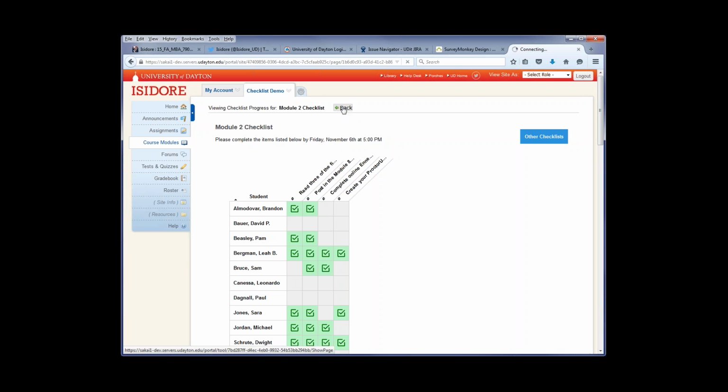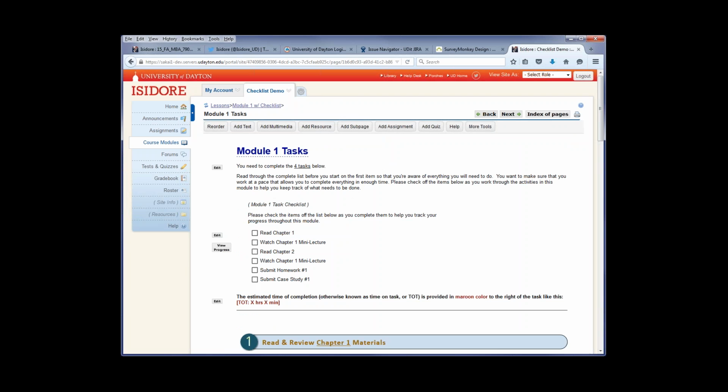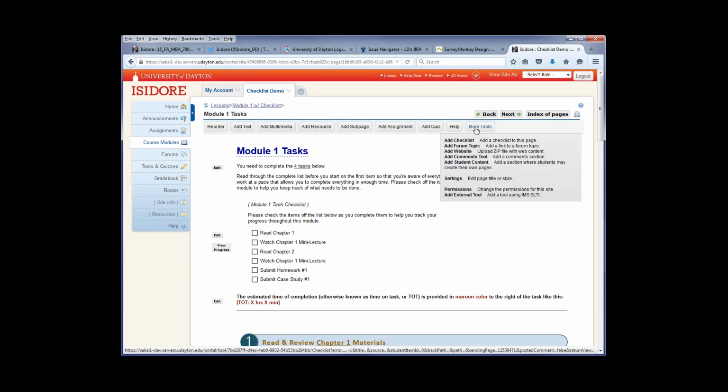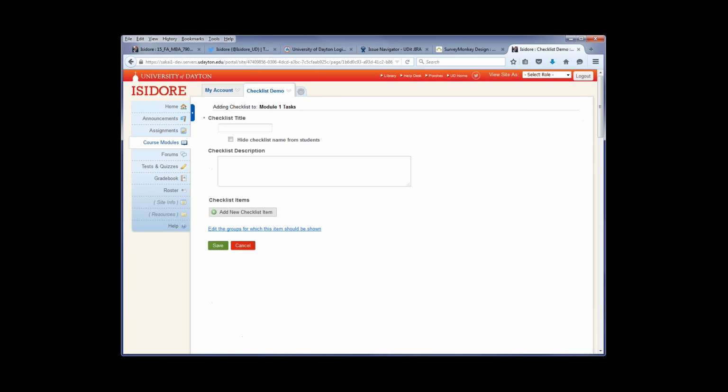So this is the process of using this feature. Again, at any point I could just go in here and add a checklist. If I called it anything, I could hide the title, and I could make a list of 20 items or just a list of, have you completed this item? And if it's just a 1-item checklist,